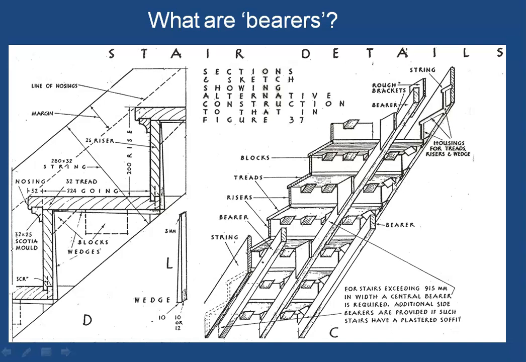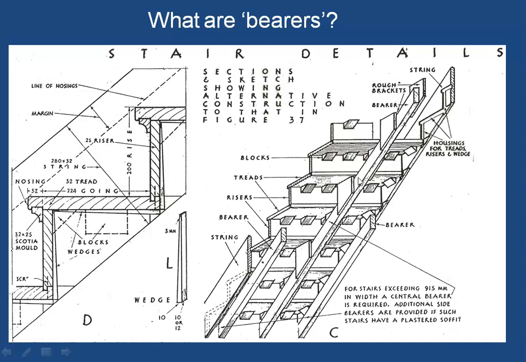So what you can see here is that a set of blocks is also used to connect the stringer and the tread. Now here one more member has been shown, or rather three members. These members are called the bearers. So what are the bearers? Sometimes when the stairs are of a small width, only up to about 800 to 900 mm wide, like in a residential stair, there is no need for providing these bearers. But suppose this width exceeds 900 mm, more than 1 meter say, then additional